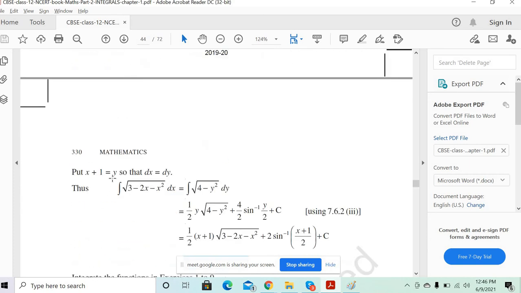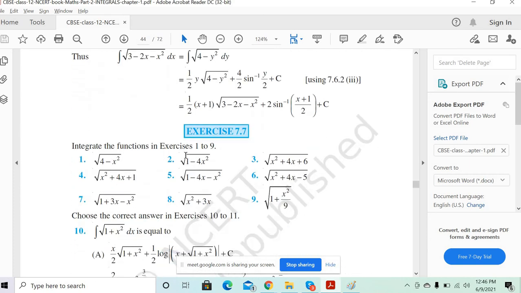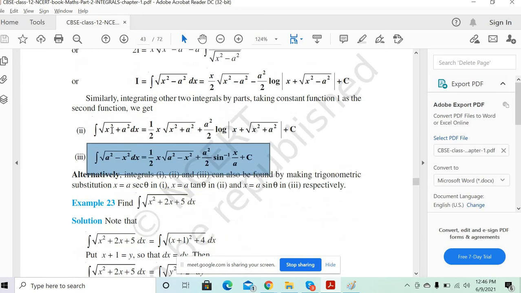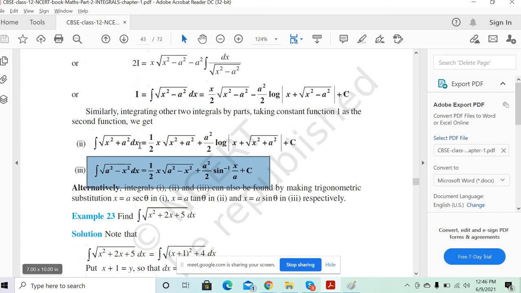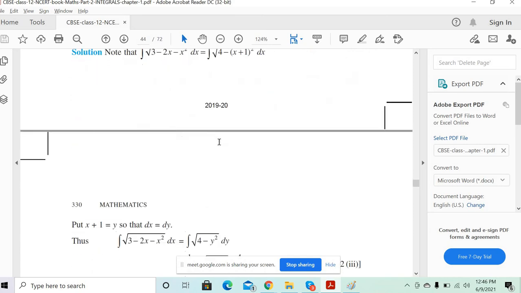A square is 4x square, so it's just a copy paste. So this part we can do. From the second onwards we can do, because again this 1 minus 4x square also needs to be put in the completing the square method, isn't it? Yes, sir. But how will you do that? Let's try it out. Only the initial 2-3 steps are important, till you get it in the form of any of the 3 parts, isn't it? So let's try it out.